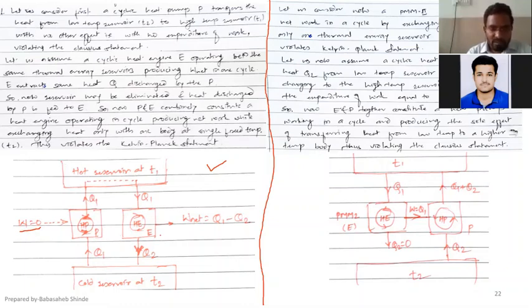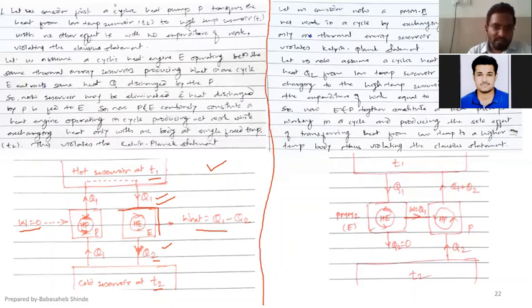between the same hot reservoir and cold reservoir, we have considered another device, that is a heat engine. Now that heat engine is accepting heat Q1 from hot reservoir T1 and rejecting some heat to the cold reservoir T2. The amount of heat rejected is Q2, and it is also producing some work output, the difference between Q in and Q out, or Q1 and Q2. The difference between those two is nothing but the work produced by the heat engine.